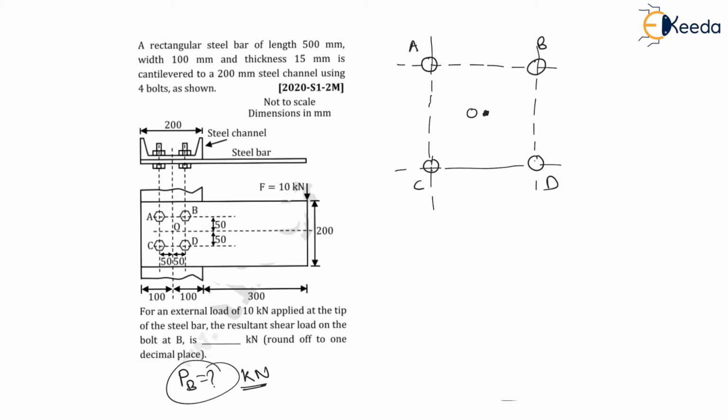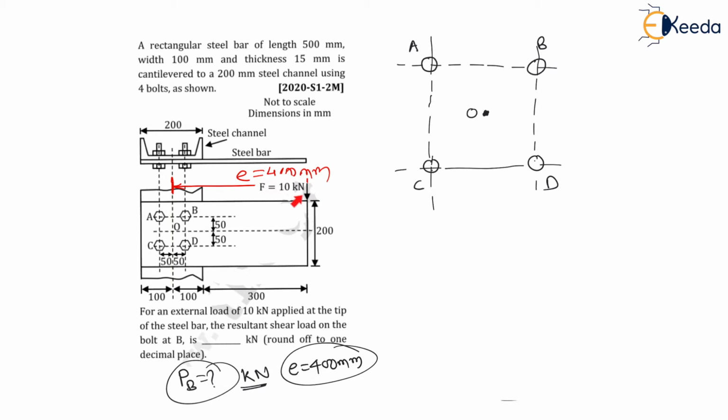And my dear students, can you see here, this 10 kilonewton is acting at some eccentricity from O. Now here from O, the eccentricity of 10 kilonewton is this much, which will be, can I say, 100 plus 300, that is eccentricity equal to 400, right? The eccentricity of force F of 10 kilonewton from O is 400 mm. Therefore eccentricity is equal to 400 mm, right?